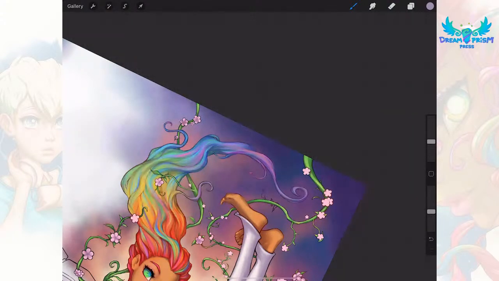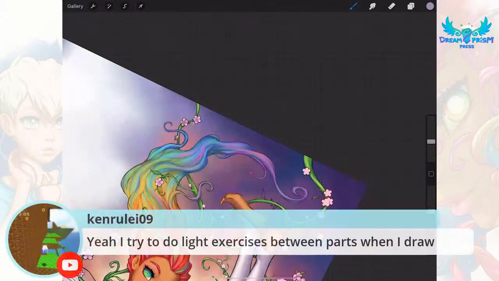Ken Rule says, you try to do light exercises between parts when I draw. That is really good advice. Very good advice. Yeah, the more that you can move, if you can,